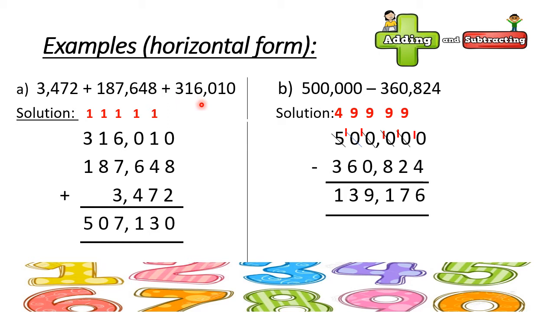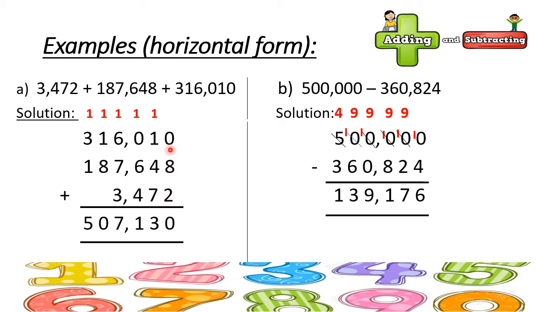So what we have to do is copy all the numbers in vertical form first. To copy the numbers in vertical form, among all the numbers, the first number we select will be the biggest number. In this example, this is the biggest number, so our first number will be this number, and then our second number will be the smaller number. At the last we will write the smallest number. But make sure all the digits are placed correctly in their respective columns.